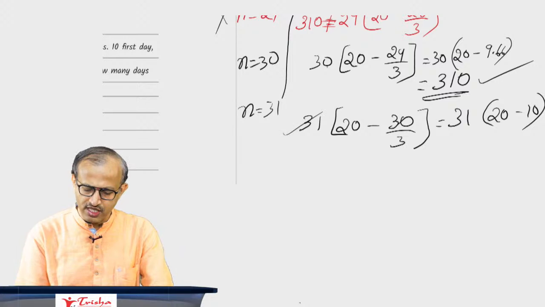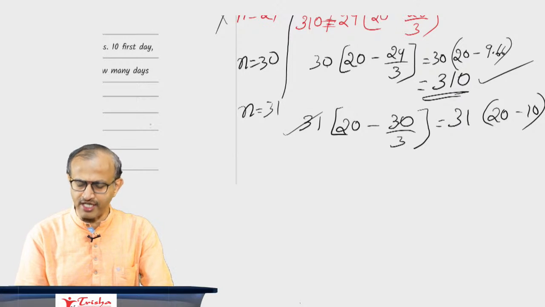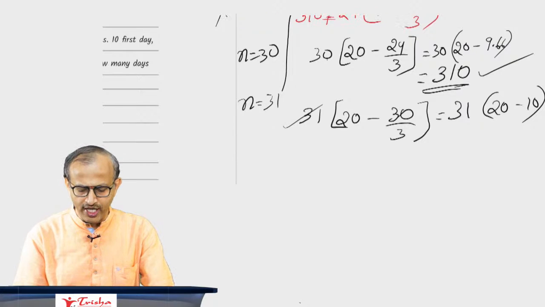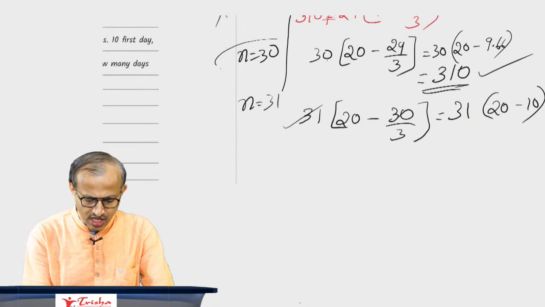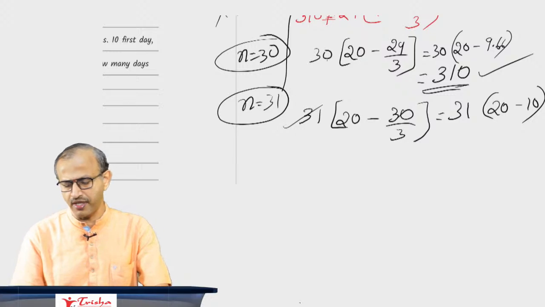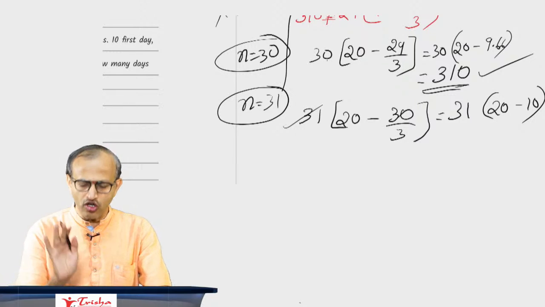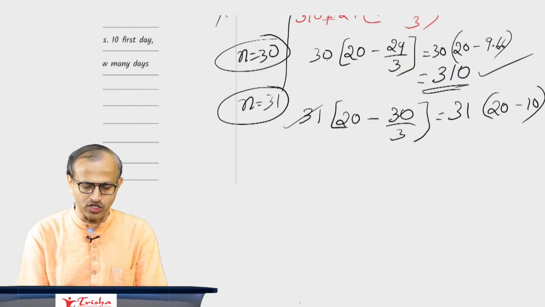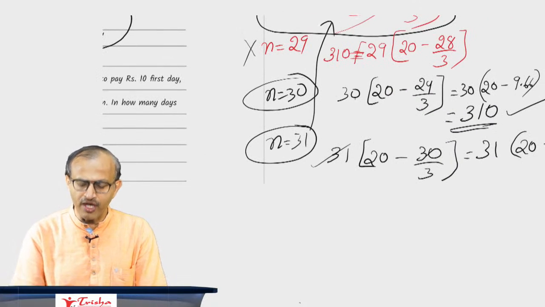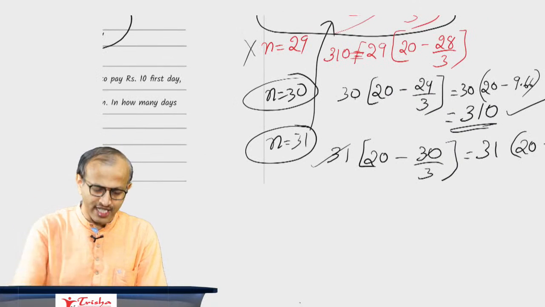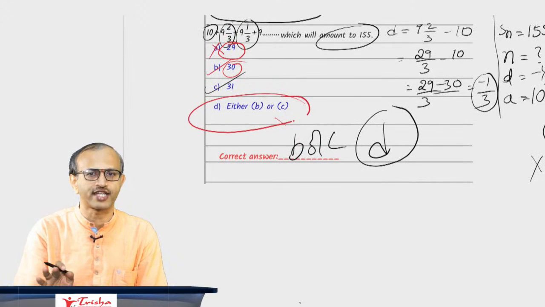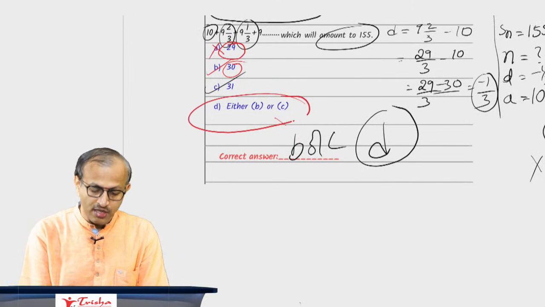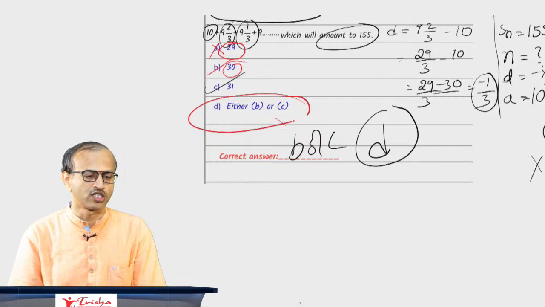Try with 31: 31 into 20 minus 30 by 3. This becomes 10 into 33. So you get C also correct, B also correct. B and C both hold good, without any doubt. But in a hurry, if you take n is equal to 30 and tick the answer, you are wrong, because even 31 also holds good. So, conclusion,